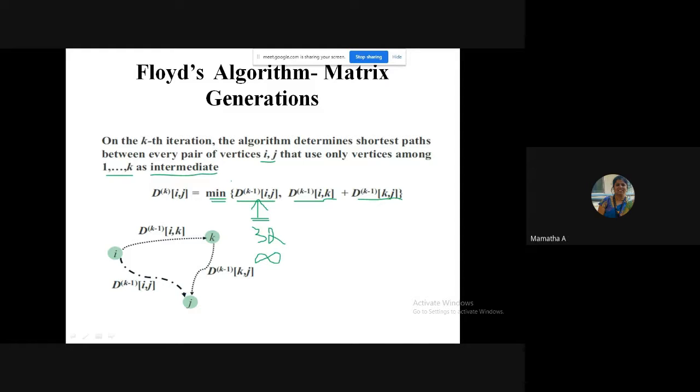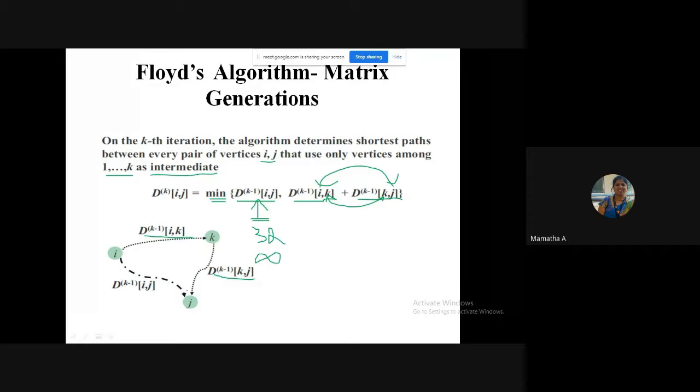Now I just found out whether there is a path or not. And also, I will find out, is there a path existing between i to j using which as the intermediate? Who is the intermediate vertex? K, ma'am. K acts as the intermediate vertex. So I should find out the distance of reaching i to j via the k. So you can see here, i to k, some distance I will get. K to j, I will get some distance.